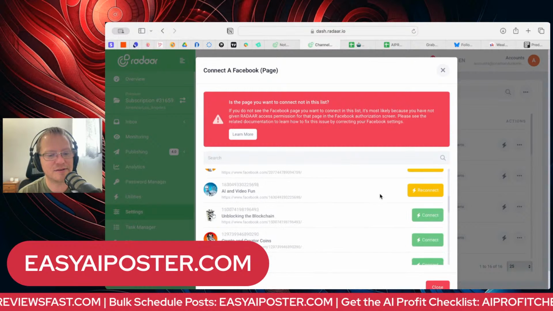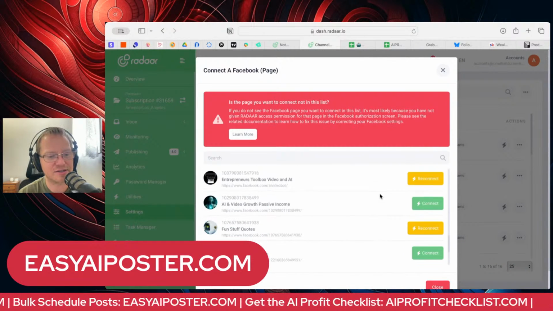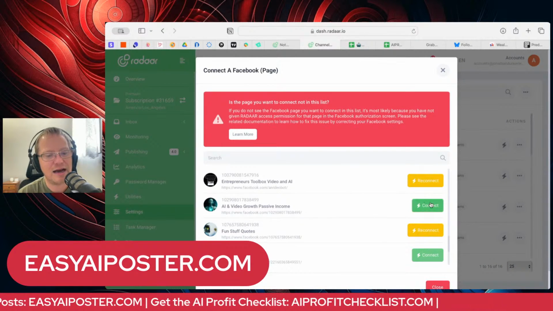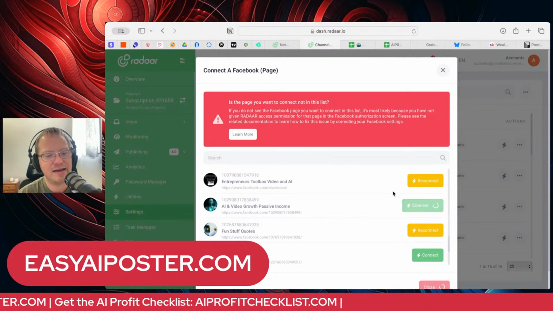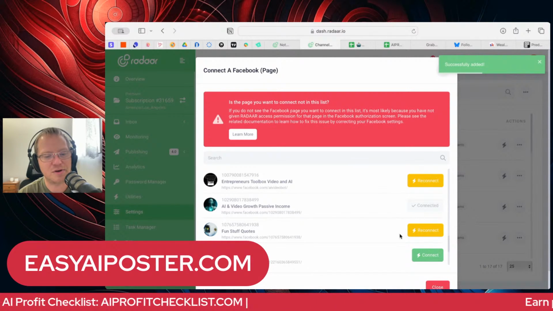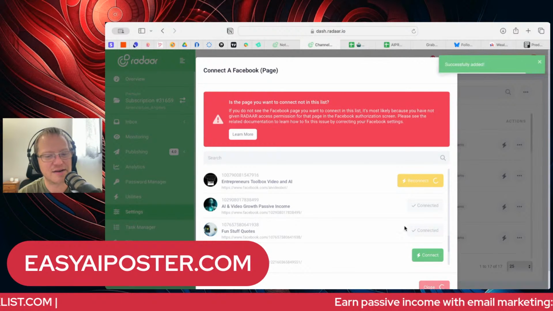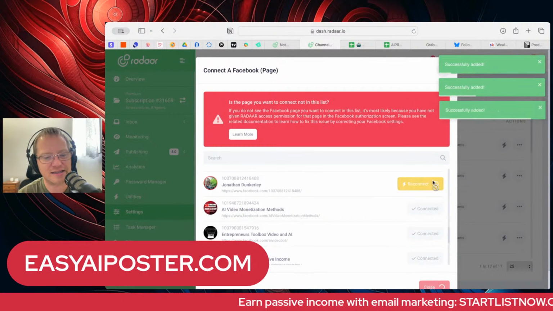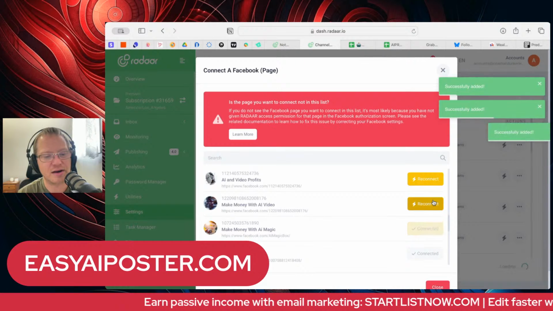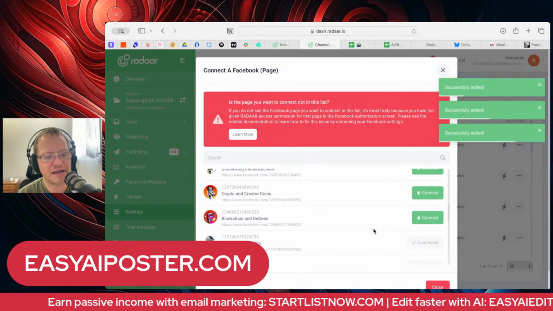Now, I've linked most of them, but if you come right down here, you see I have this one. That's the one I just deleted. I would just hit connect. And now it has connected that Facebook. If it says reconnect, that doesn't mean that it's not connected. I could hit it again. If there's ever an issue, just come back here and hit reconnect. But there was no issue. So you could do that if you want. It doesn't really make any difference.